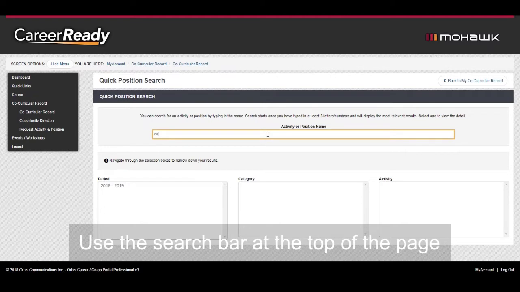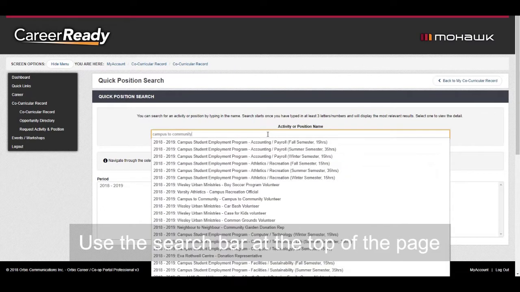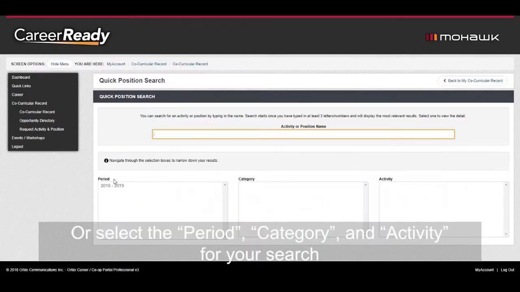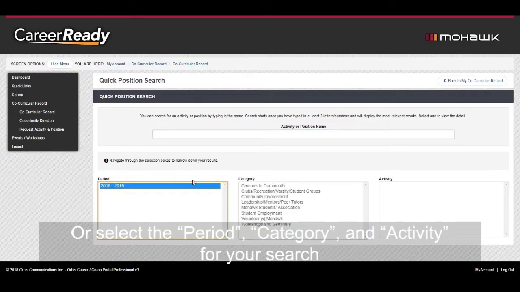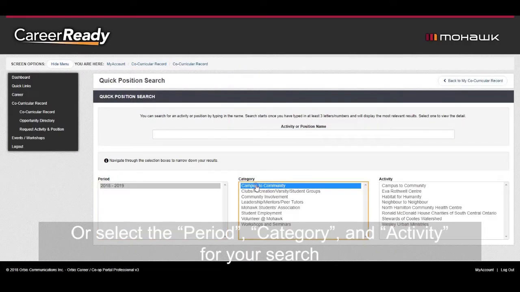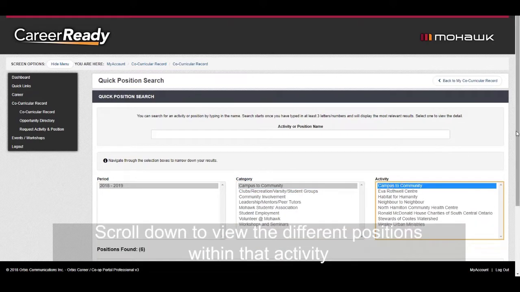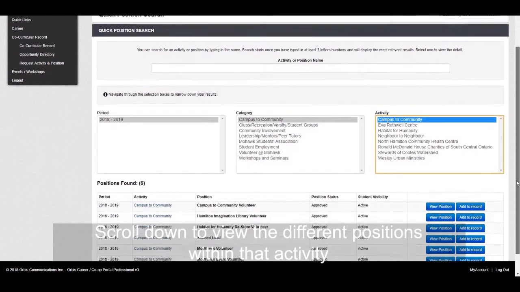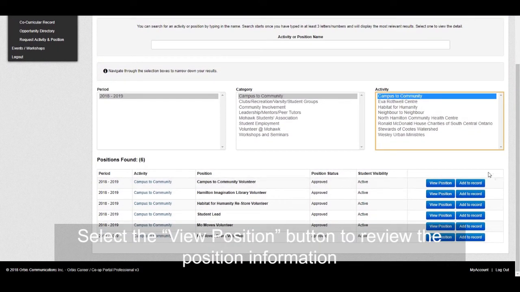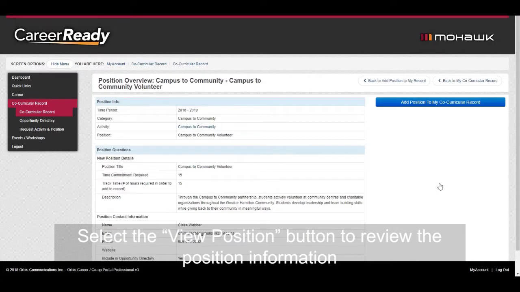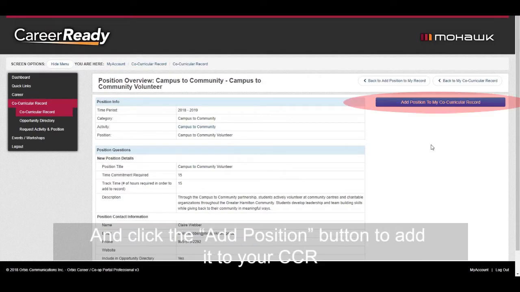You can either use the search bar at the top of the page and type in the name of the position, or select the period, category, and activity for your search. Scroll down to view the different positions within that activity. Select the View Position button to review the position information, and click the Add Position button to add it to